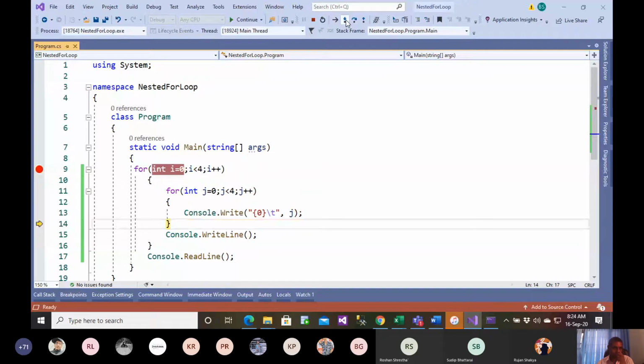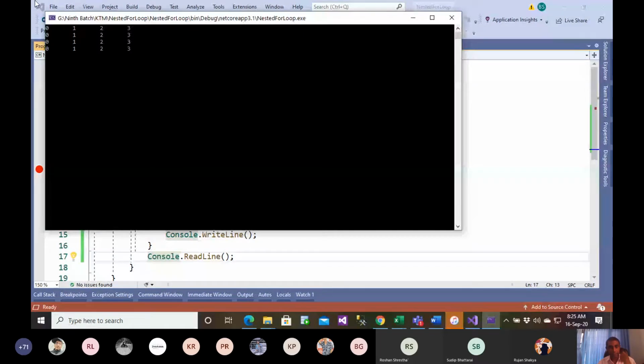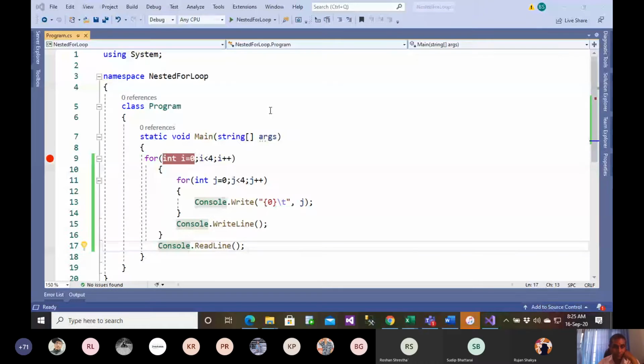You can check out here, and we have all those values here. In this way, this loop will get iterated. So first the inner loop will get executed, and then the outer loop will get executed. This is the main fundamental concept of a for loop. If you have any loop inside this, then the inner loop will happen again, and only then will it go for the outer loop to be executed.